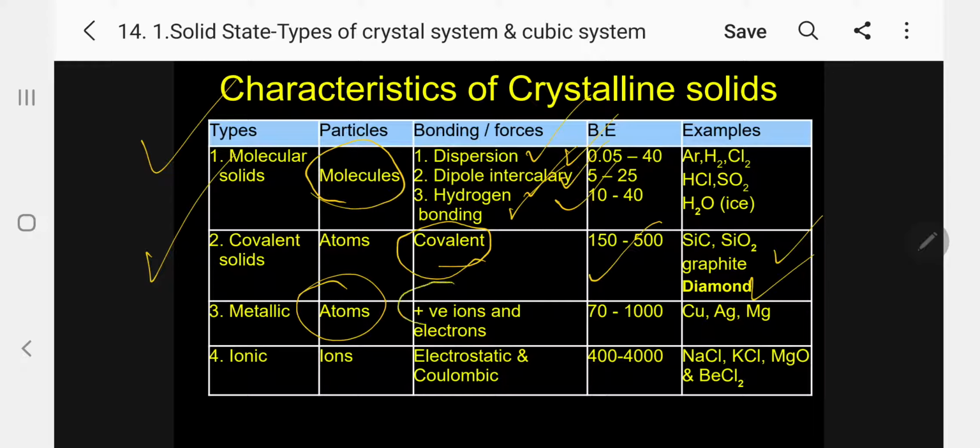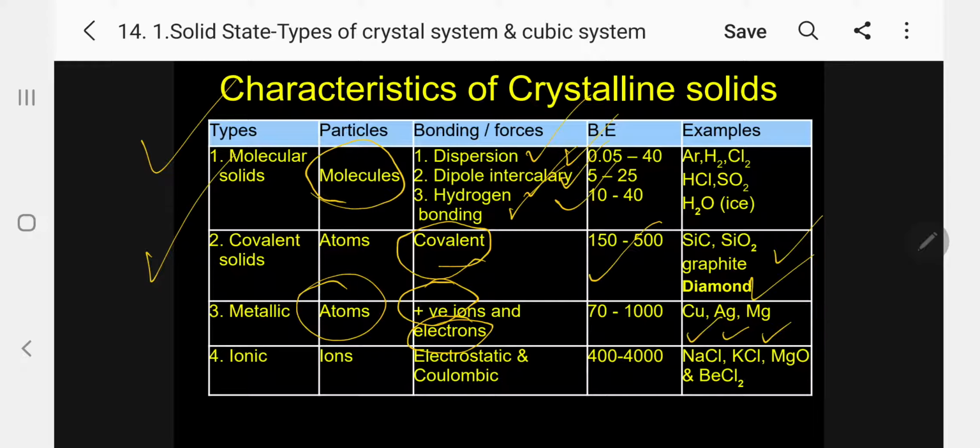Here positive ions and electrons are present, and a force acts between these two. This we have come across under chemical bonding. Different theories also we have proposed under metallic bonding. Metallic bonding we will discuss separately. A force between positive ions and the outermost valence electrons. The binding energy is 72,000. Examples: copper, silver, and